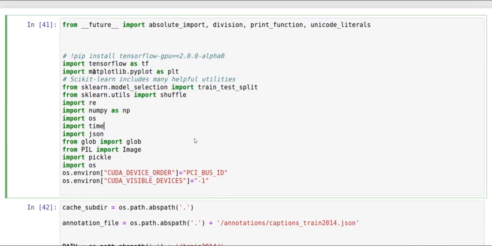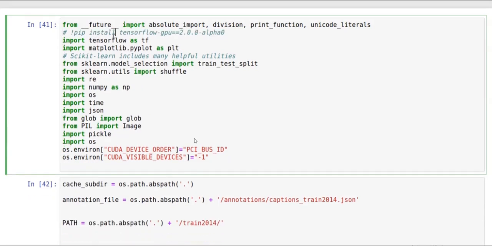So now I'm going to explain a little bit about the code. I'm using TensorFlow 2 alpha version here. You know that there are lots of advantages with TensorFlow 2, which overcome the disadvantages of TensorFlow 1. First, it is very user friendly.